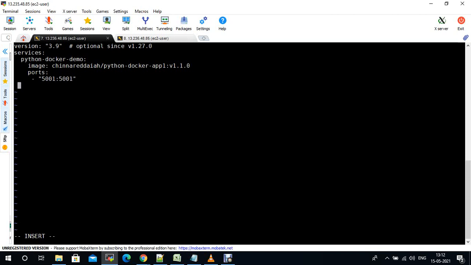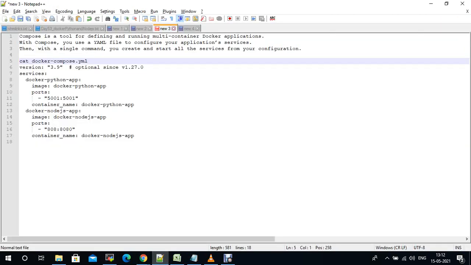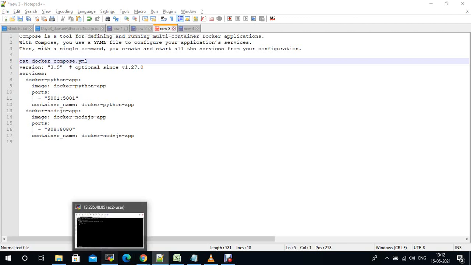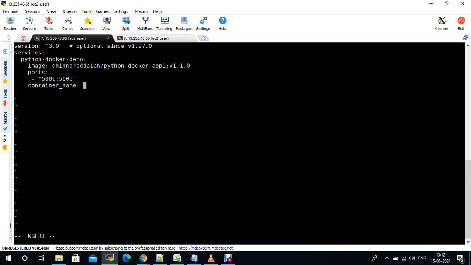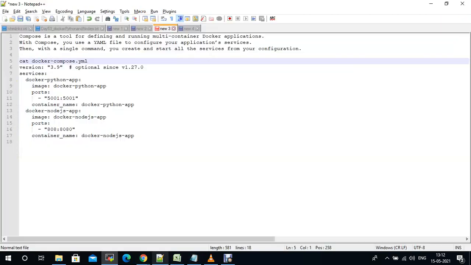And you need to provide the container name also. So you can give any container name, that is up to your wish. Okay, so I just provided the container name.